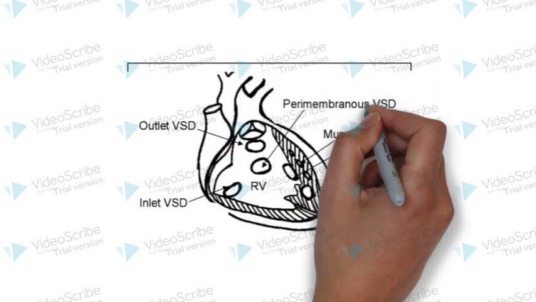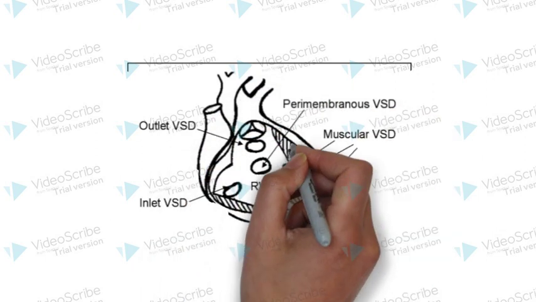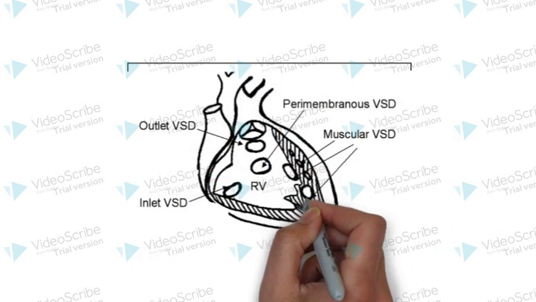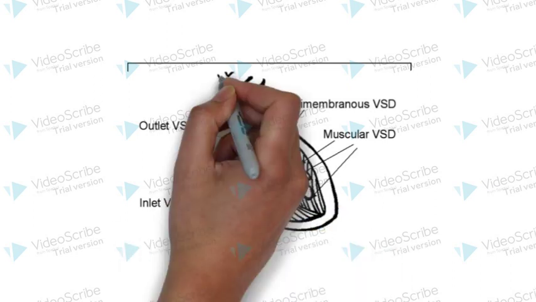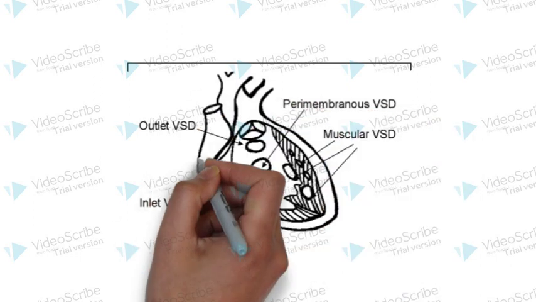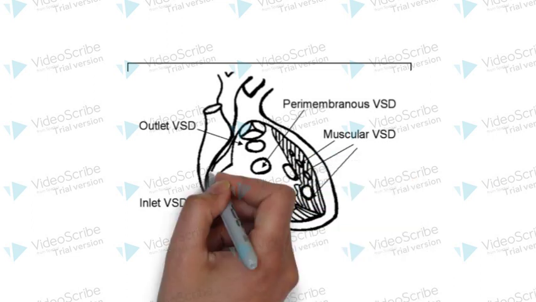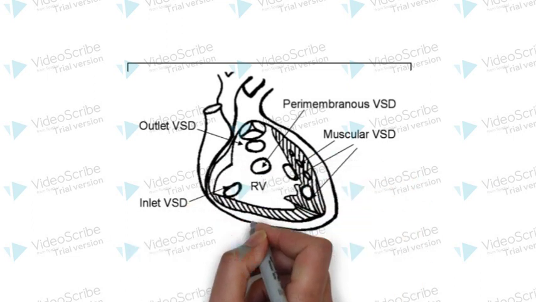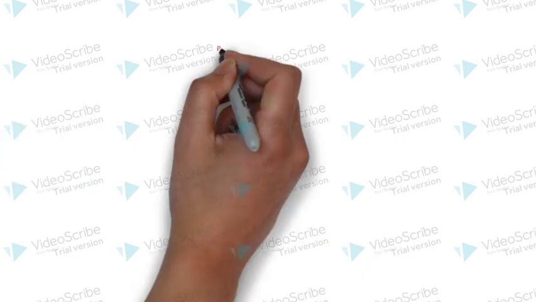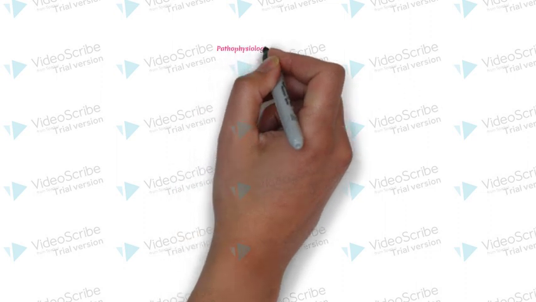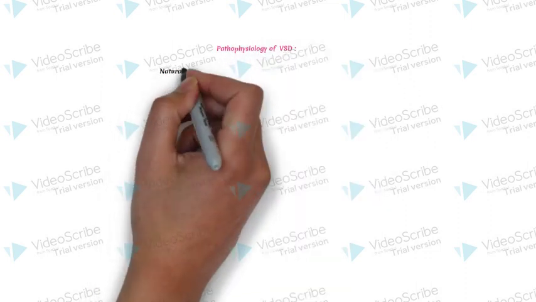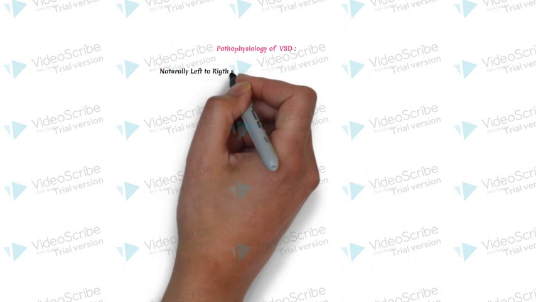Okay guys, what about pathophysiology? We have a left to right shunt. It means that blood goes from the high blood pressure to the low blood pressure side. So because of it, there is increased pulmonary blood flow, increased pulmonary hypertension, increased pulmonary blood pressure in the right side, in the right ventricle, accumulation of blood,